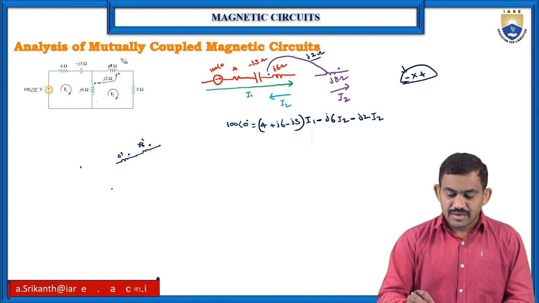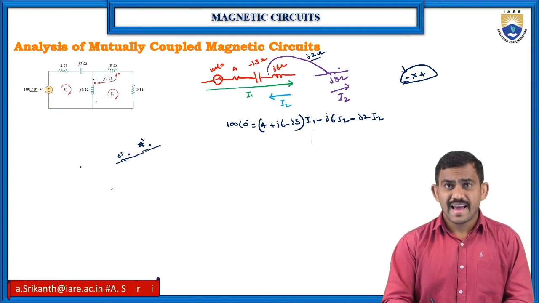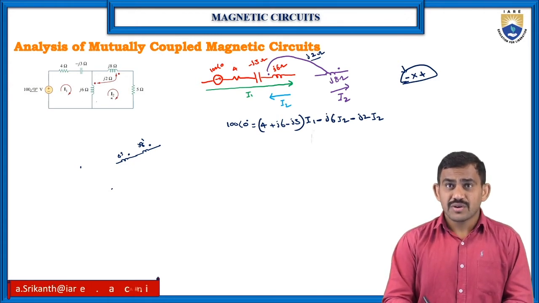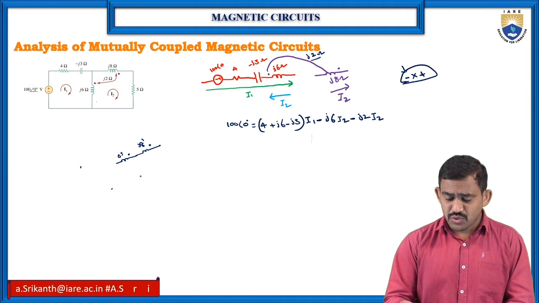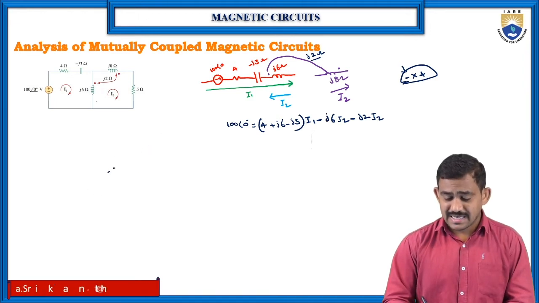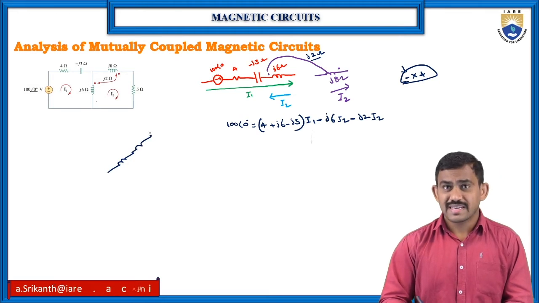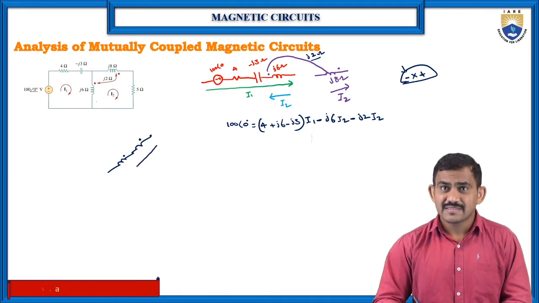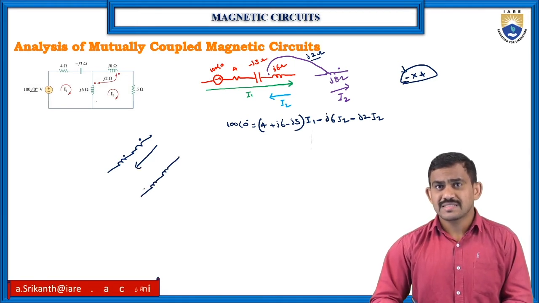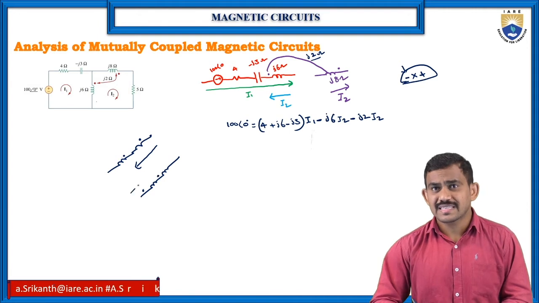Why? Because this 2J is mutually coupled with 8J, and both have the I2 current. Now your I2 dot direction: when two inductances are connected in one loop having only one current, and both dots are here, the current direction is like that. This is your current direction. Suppose these are two inductances. Starting position means the current direction is this.